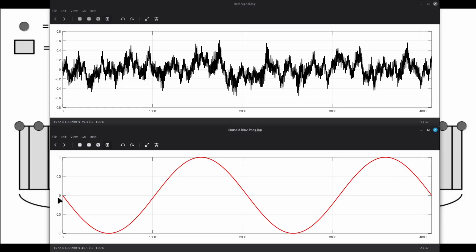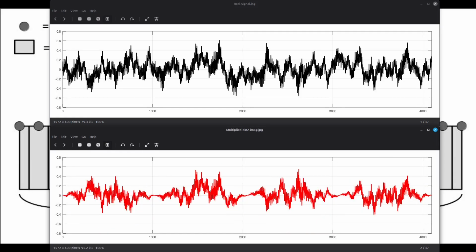I'm going to take these 2 cycles of a negative sine wave, multiply it on a point-by-point basis. That gives me a waveform that looks like this. I'm once again going to take all of these values and sum them up. That creates the imaginary component for bin 2. And I'm going to keep doing this for every bin up until I get to essentially bin 2047, since this is 2048 points, but we start numbering at 0.